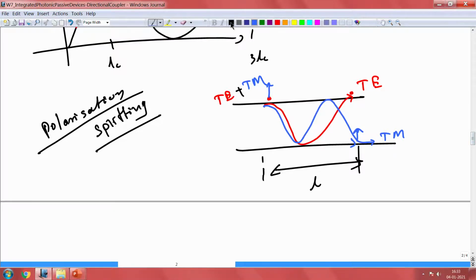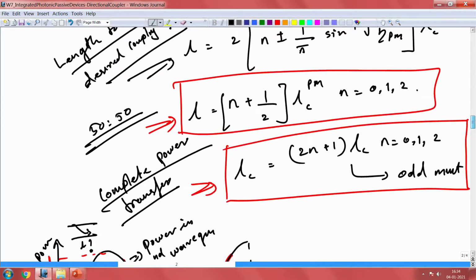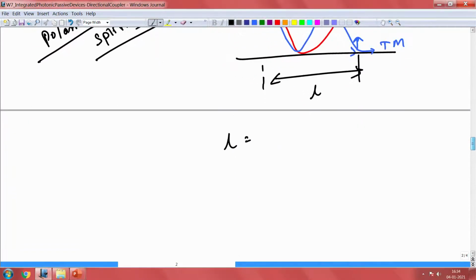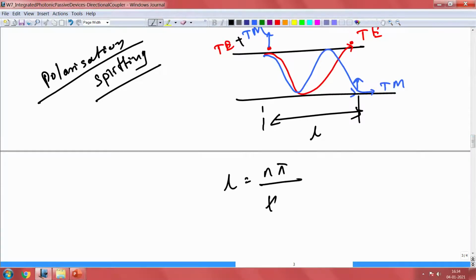So, now we can write that equation by looking at the required phase matching condition, right. Here we looked at the complete power transfer that is required from one waveguide to the other waveguide, right. We can use that in order to understand how to couple these two waveguides, all right. So, the coupling length is going to be fixed, but what is the phase matching condition? If you want to have this happen, this is how it should be. So, kappa